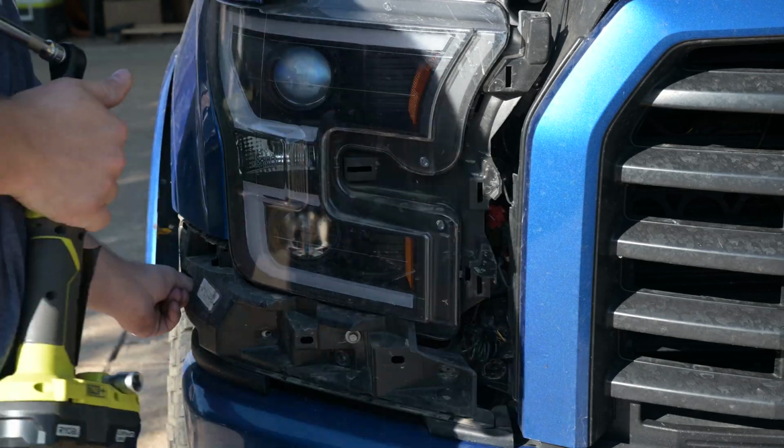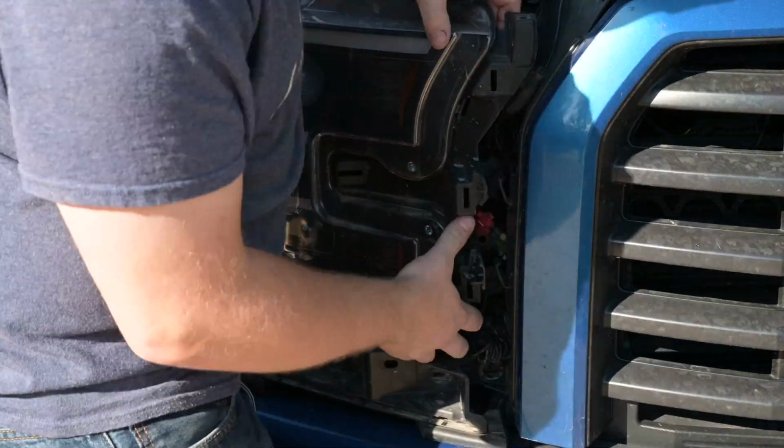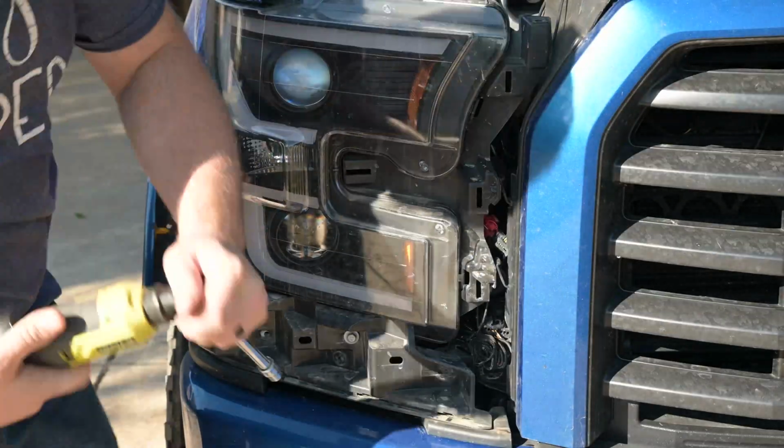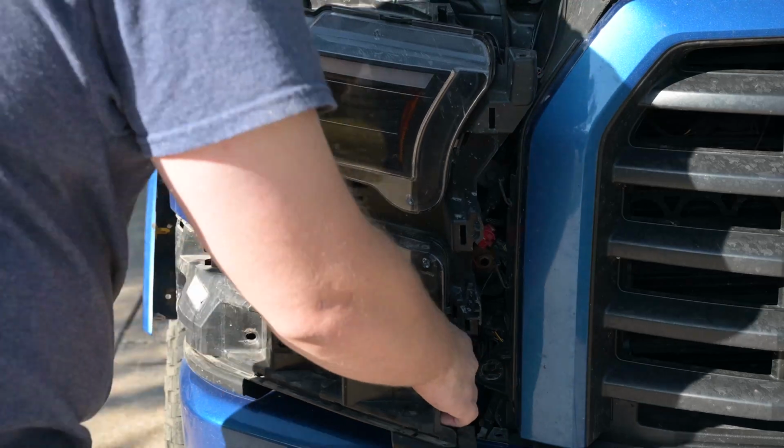I didn't take all these bolts out, trying to see if I could just wiggle the headlight out around this black plastic piece. I don't recommend this. Just go ahead and take all those bolts out, take that black plastic piece out, and then take the headlight